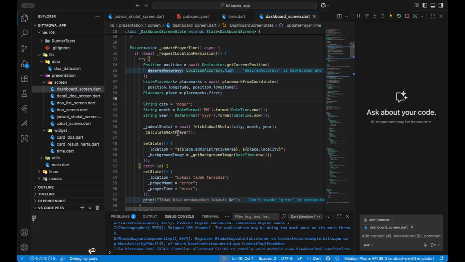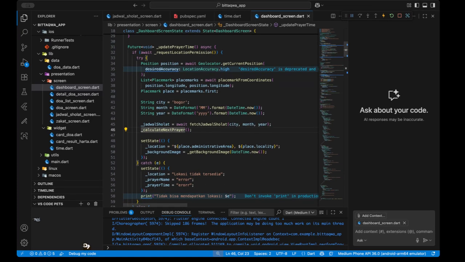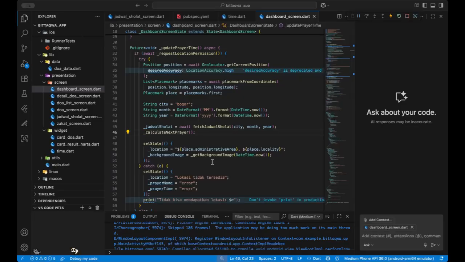And then this is calculate next prayer. This function finds the upcoming prayer time based on the current time. We get today's schedule and then convert each prayer time into a date time, and then we check which prayer time is still ahead.